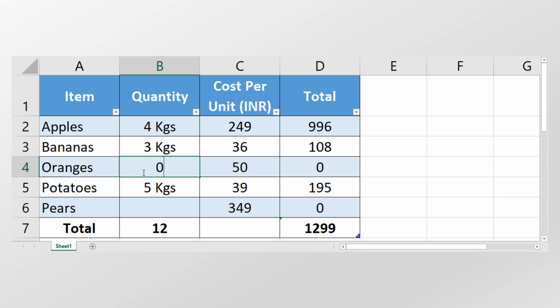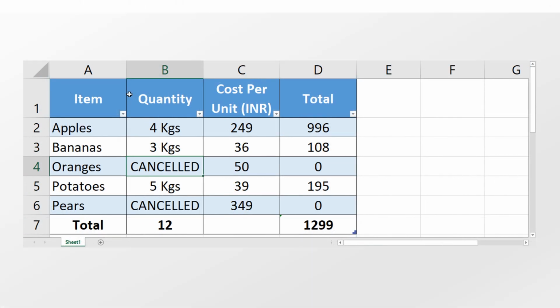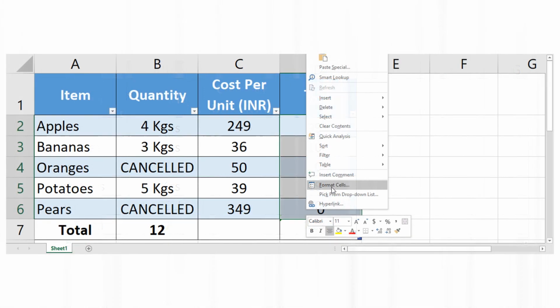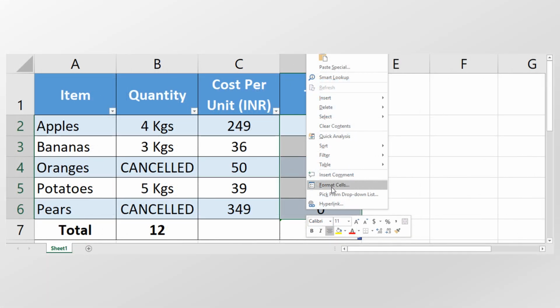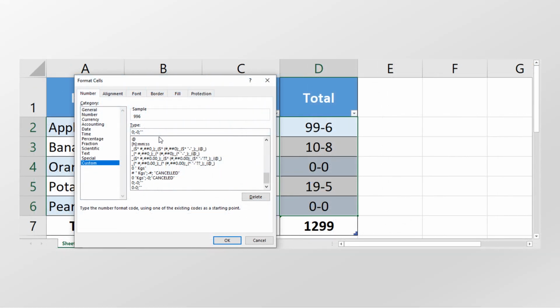So now enter 0 in the quantity column for the items that you want to cancel. As soon as you enter 0 and press enter, the word cancelled gets displayed without disturbing the formulas in the template. Great! This is the place where you don't like to display 0 in the total column. So what should you do now? Correct. Select the cells in the total column and then go to Format Cells.